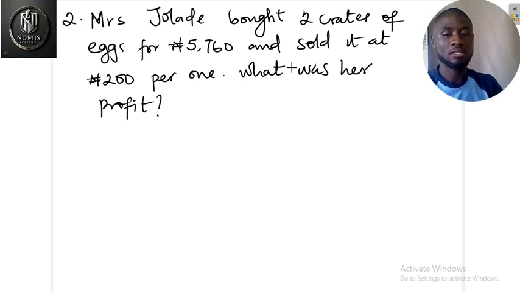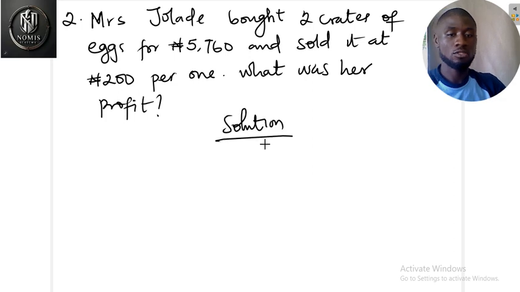But it's as simple as this. Let us unravel the solution. So in the solution, if she bought 2 crates of eggs, that means she bought